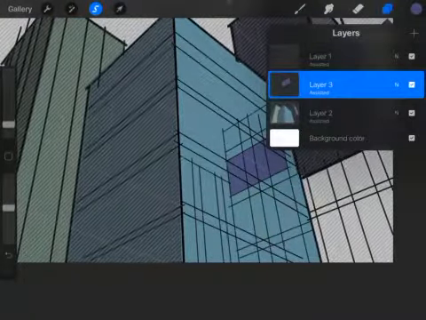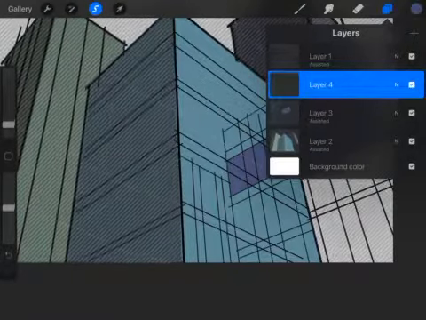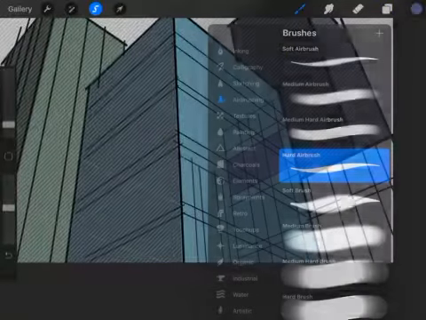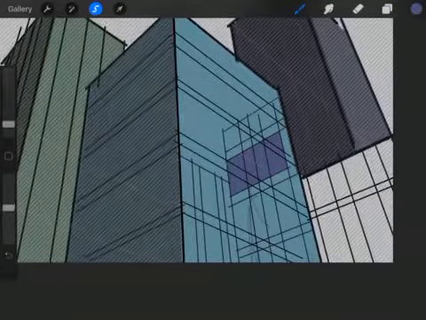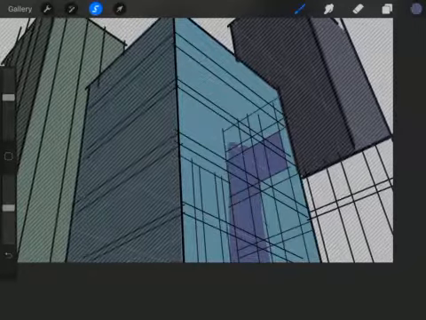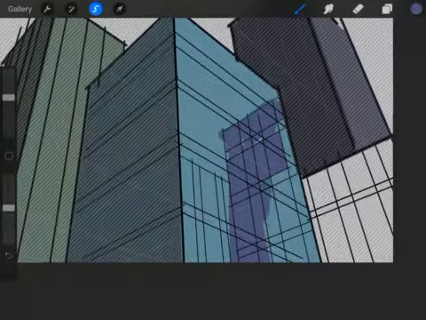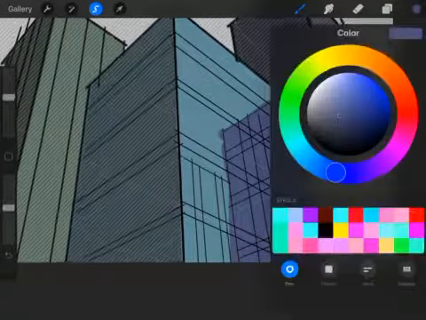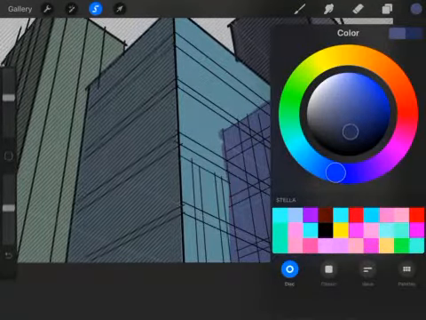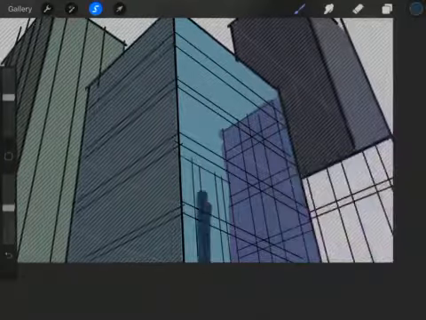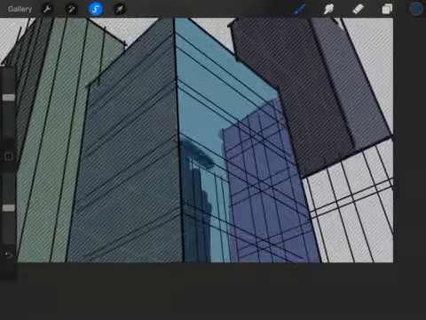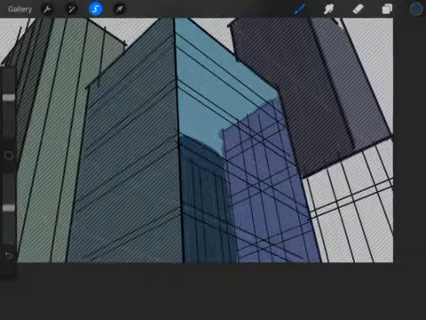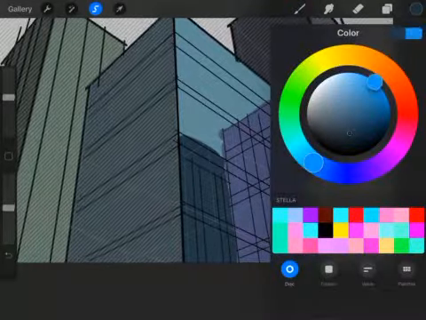I guess if I was really cool, I'd create a new layer underneath this one and then merge it later, and that would be faster, right? And again, you don't have to worry about being super precise because we're going to blur this out. So just do your best to, there, something like that. And I'll make this other building maybe this color. Cool. Okay, great. And then after you make those two buildings different colors,